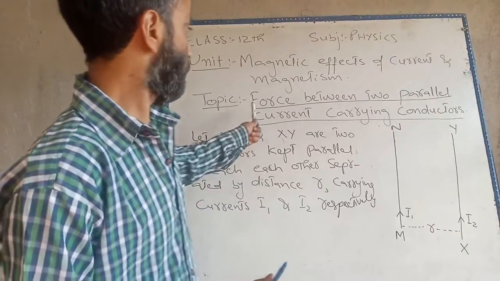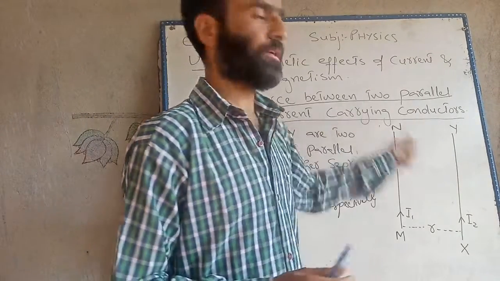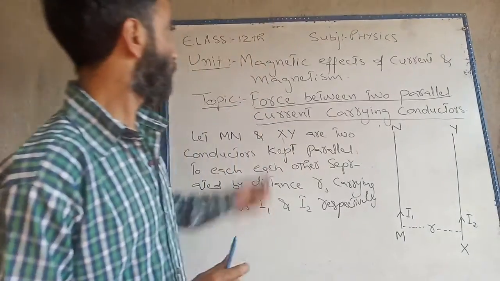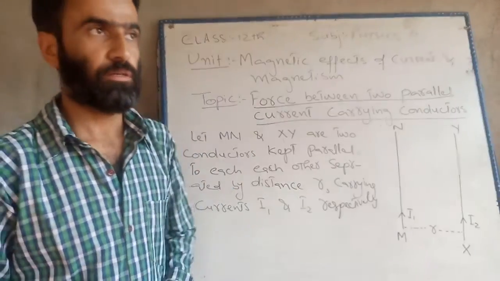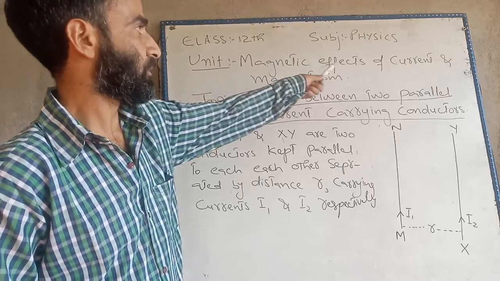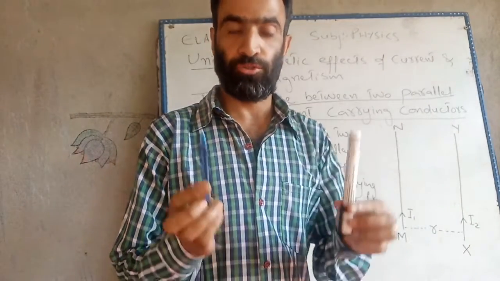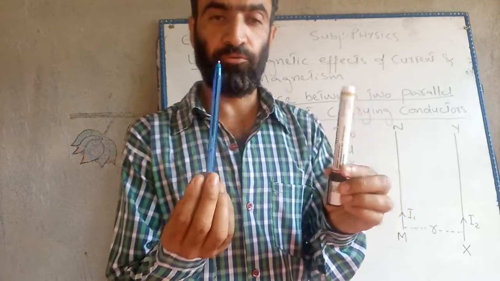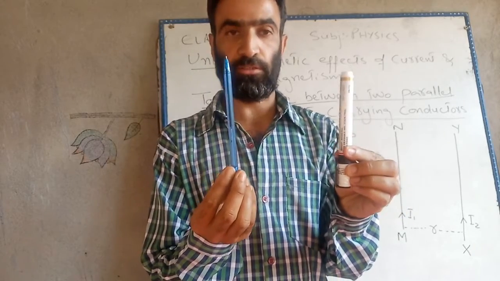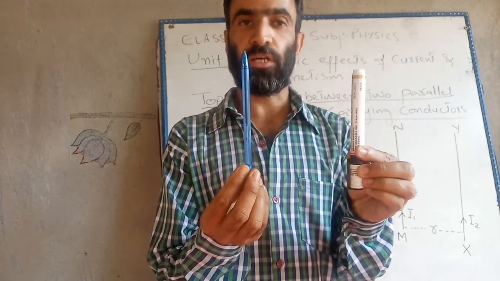It is force between two parallel current carrying conductors. Right? We are in class 12 of physics. Unit is magnetic effects of current and magnetism. Right? We have to show the fact that if we have these two parallel conductors through which currents are flowing,